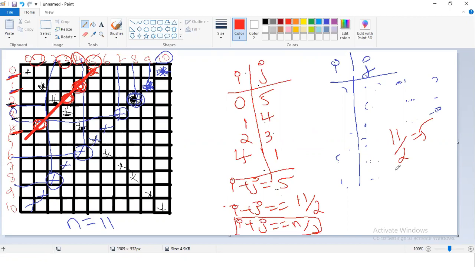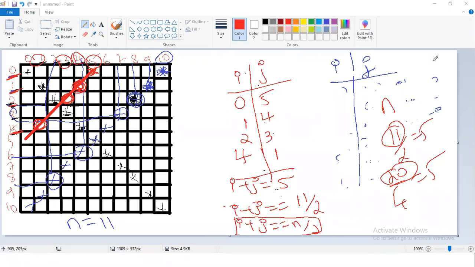Right? But what is 20 in this program? There is no 20 at all in this program, right? But there is 11 in this program. That 11 is nothing but the n value, number of rows and columns. Is it clear, Ashwini? Okay. Why 11? Because 11 is given to us. That's the reason.